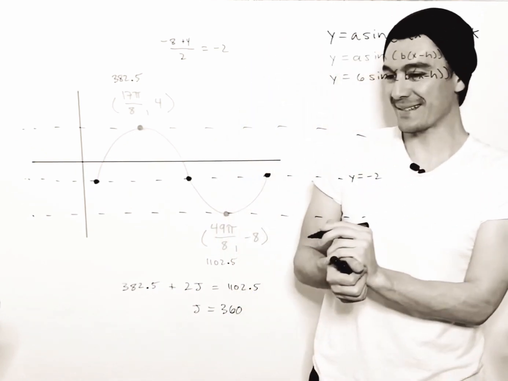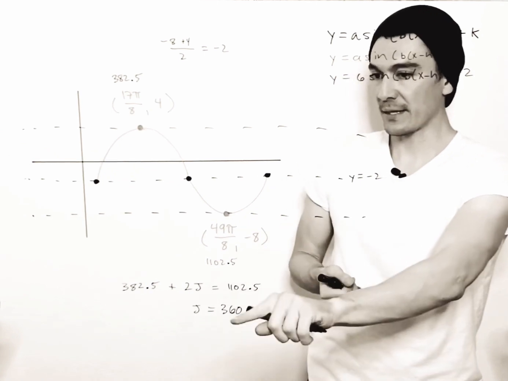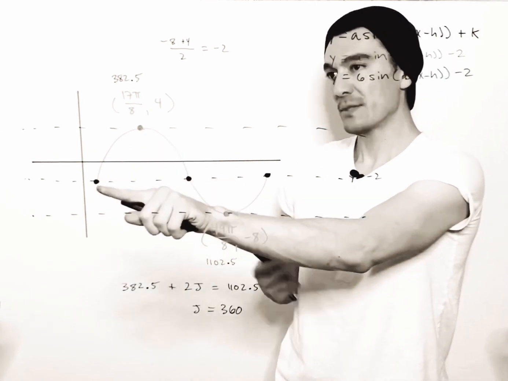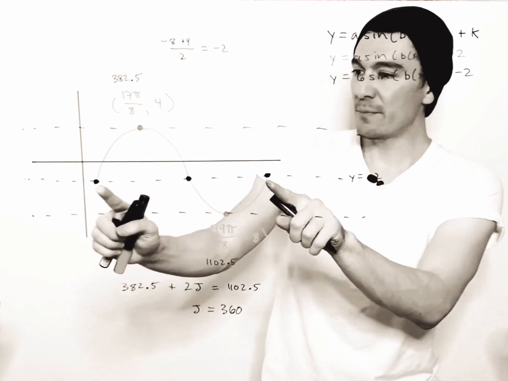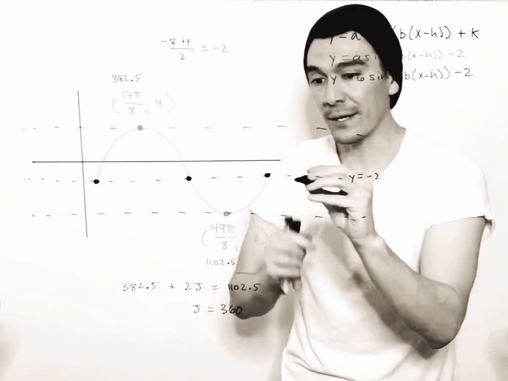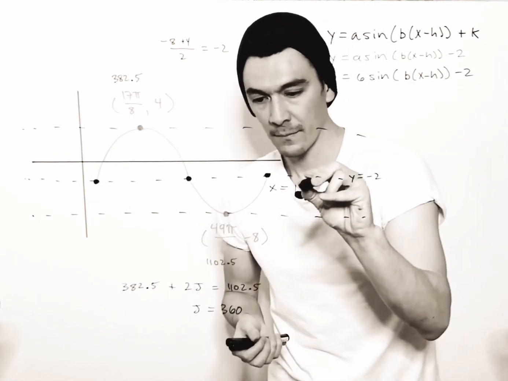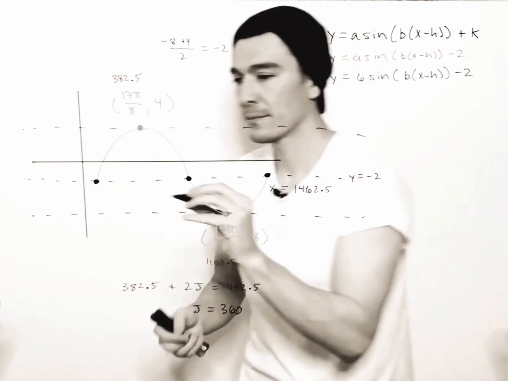You get 360. So what we can do is from here jump forward, 360. From here go backward, subtract 360. And you'll know the x coordinates of these points, which is all that you're looking for. So this x coordinate would be, and this x coordinate would be,